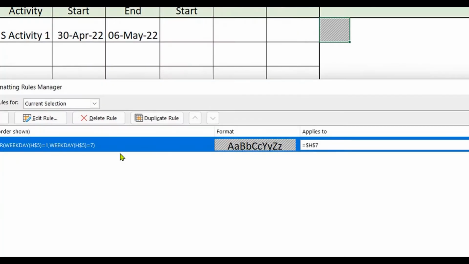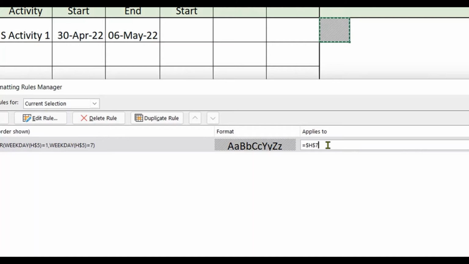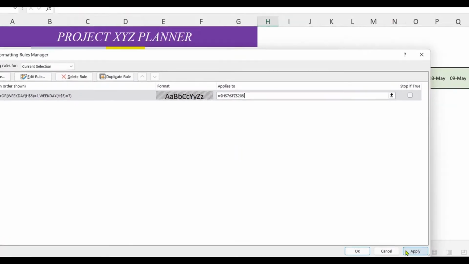So if H$5 is equal to 1, or H$5 is equal to 7, then shade that in gray color. Now I am going to apply this till F is at 205. Just press colon, and you will be given this. Remove this, and instead of H put F is at, and then it should be 205. That's it. Once you apply that,